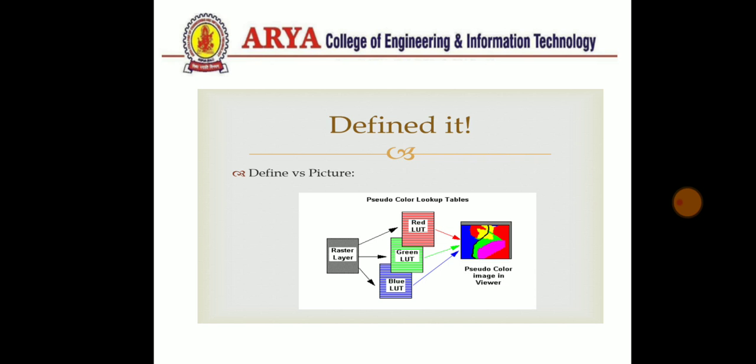In pseudo coloring, the main concept is to divide the input image into some axes, and it defines two levels of the image. The upper level of the image will always have values greater than the threshold value, and the lower level of the image will always have values less than the threshold value. So this is the proper concept of pseudo coloring. It converts the black and white image using three transformations: the red transformation, the green transformation, and the blue transformation.